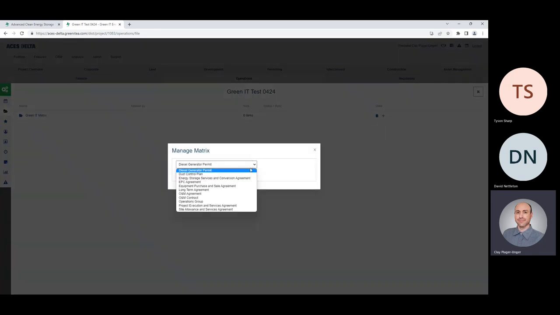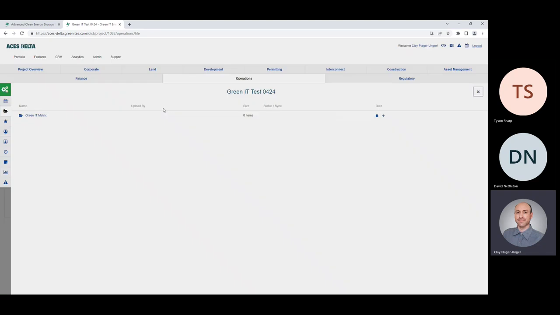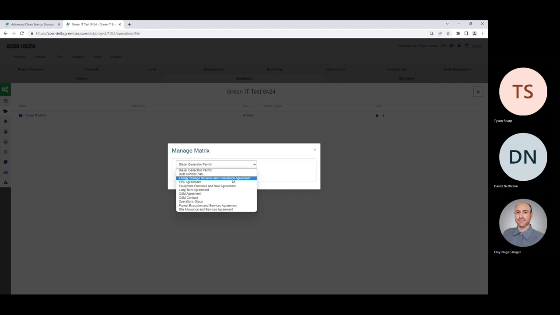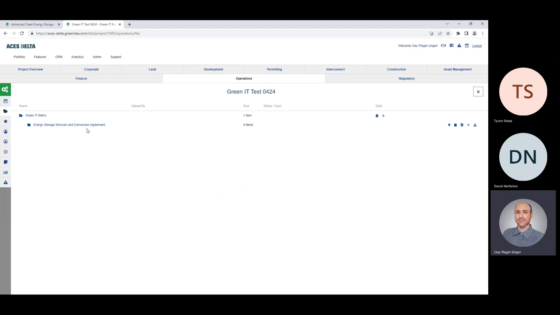So I can set that up in this Green IT matrix here. I can add an agreement to this project. And now I have a group defined